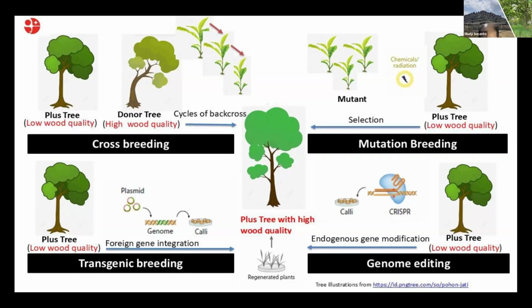Then mutation breeding. In order to produce new plant kinds with desired features, the breeding process is known as mutation breeding. It creates genetic mutation artificially in order to create genetic variety that can be screened and chosen for desired traits such as wood properties,